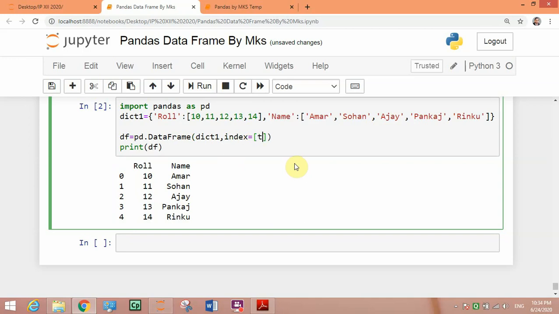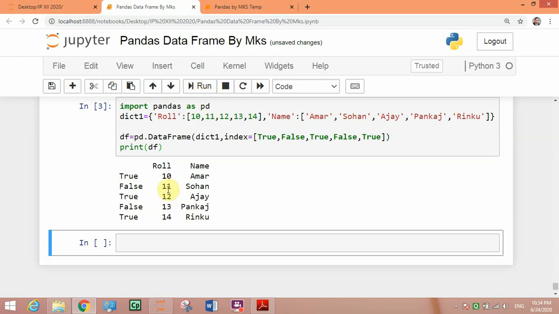So we'll write like this: true, false, true, false, true. Now we'll run this one.